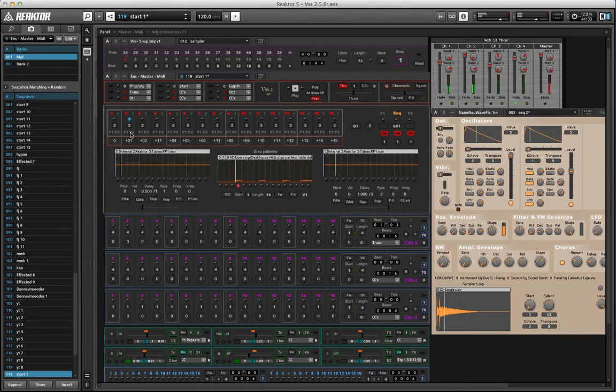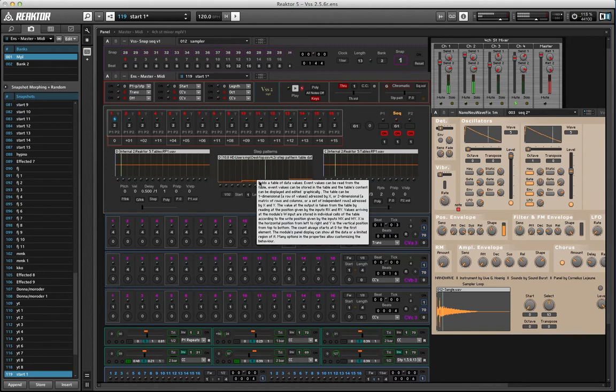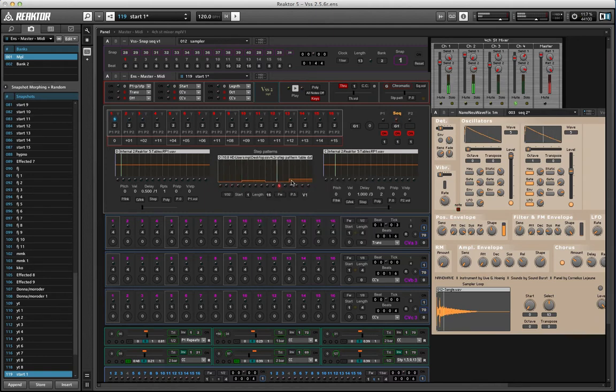That's just doing, as you can see, 3 beats of step 1 and then a beat of step 2, and then if we set it to length 16, we're getting 2 beats of, yeah, the end. And that's doing 4 beats of step 1, 4 beats of step 2, 4 beats of step 1 again, and 4 beats of step 3. And I think you get the picture by now.